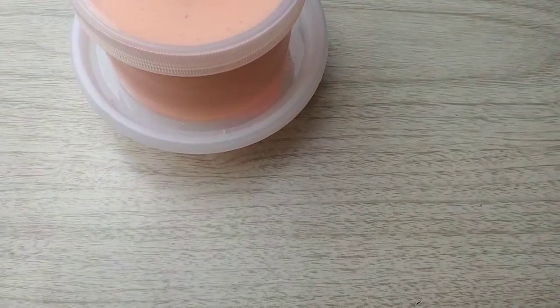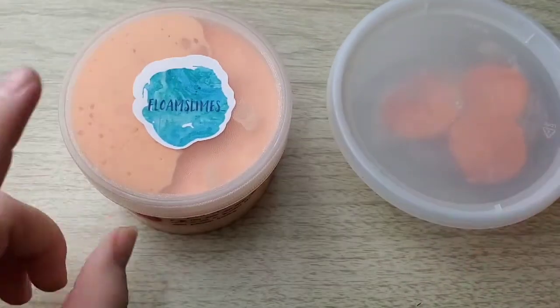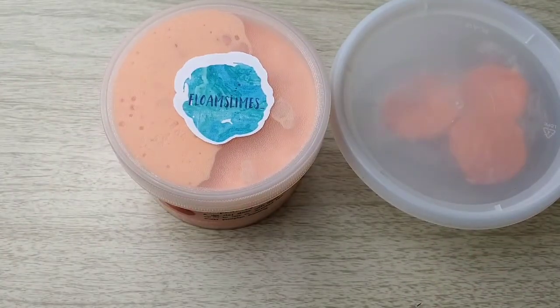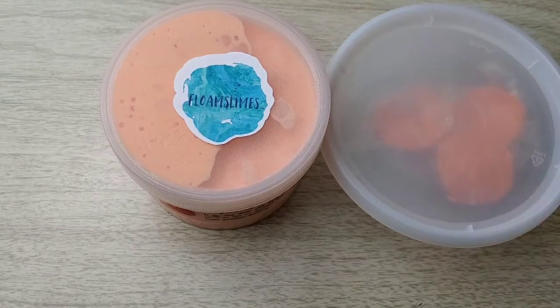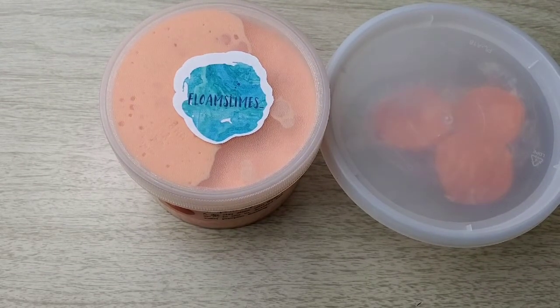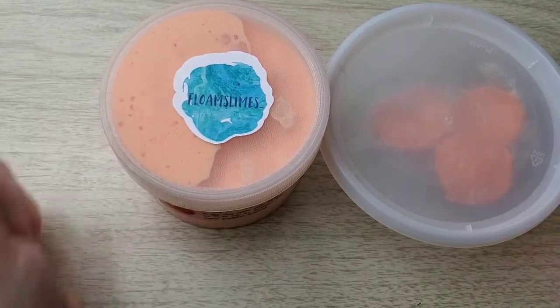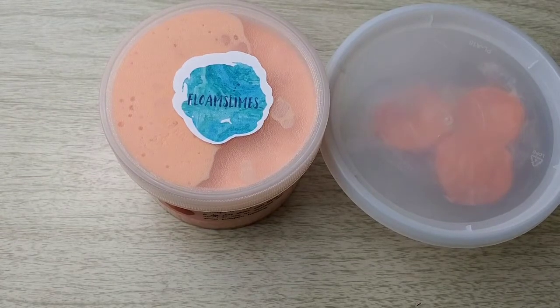So I was obviously trying to find underrated slime shops, and I found this Floam Slimes here, and they had discounted their random slime. It was $5 for an 8 ounce with free shipping, so that was an amazing deal right off the bat. So I went with it, and then I'd say about a week to 2 weeks later, I never got a